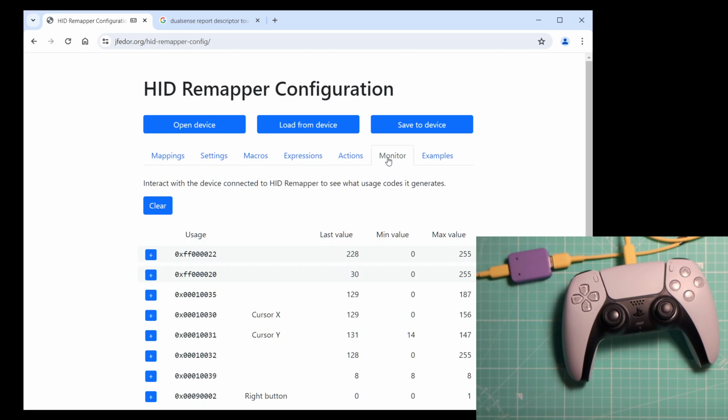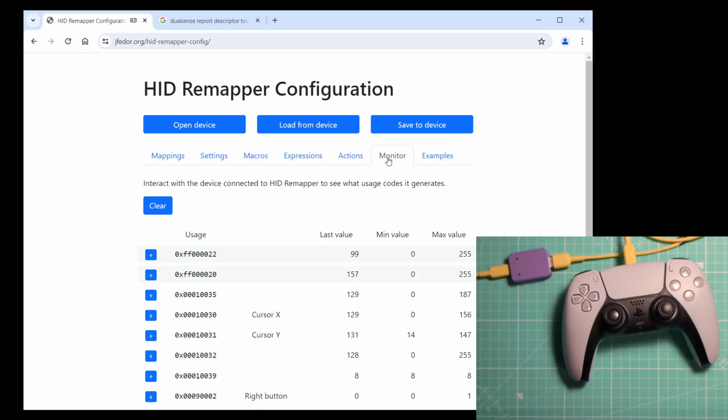Why is that? It's because even though the DualSense is sending that information, HID remapper doesn't know where to look for it. The way USB input devices work is that every time they have something to report, for example when you press a button or you move the joysticks, they send some bits to the computer. But the format of those bits is not fixed. Every device is free to define it within certain rules. So how does the computer know which bits correspond to which inputs?